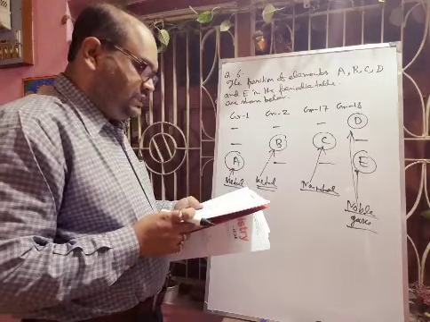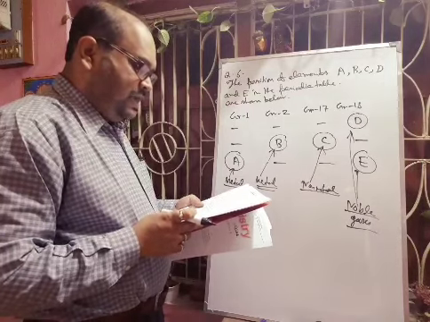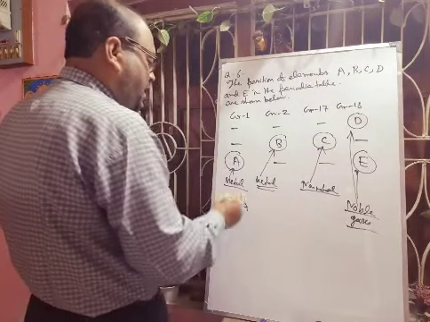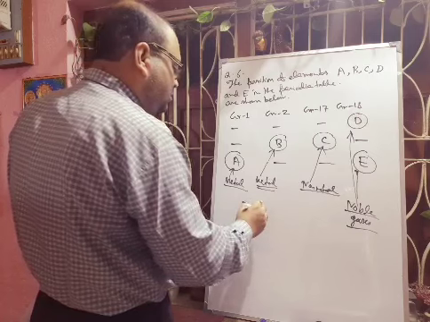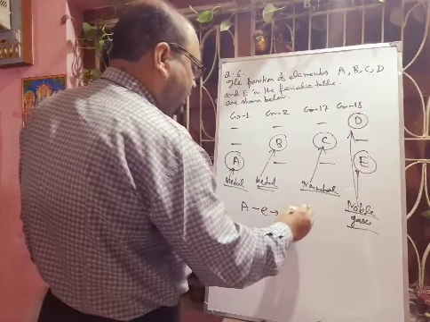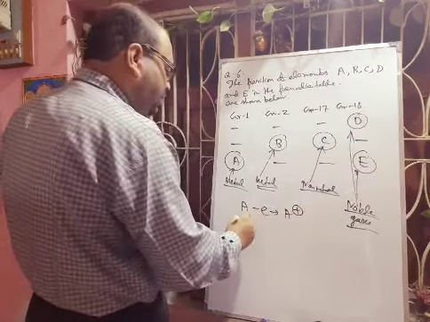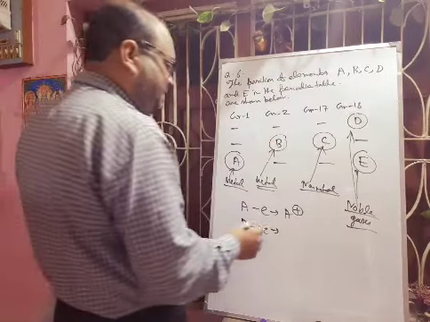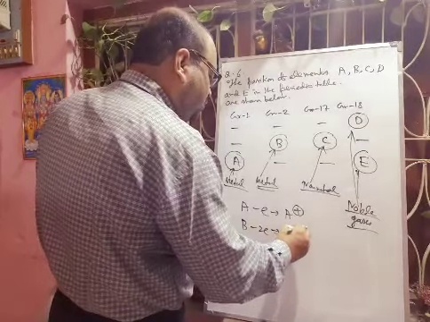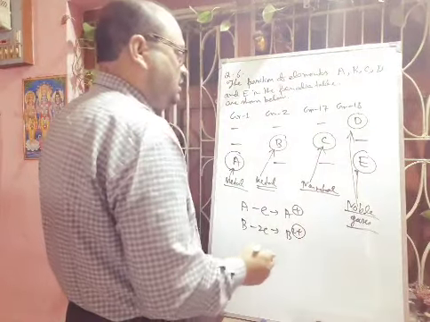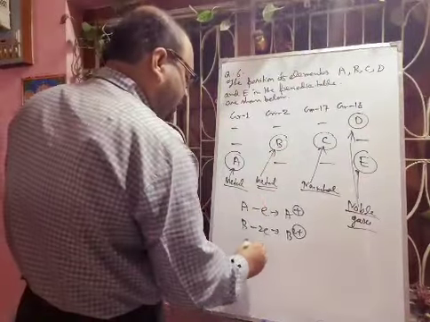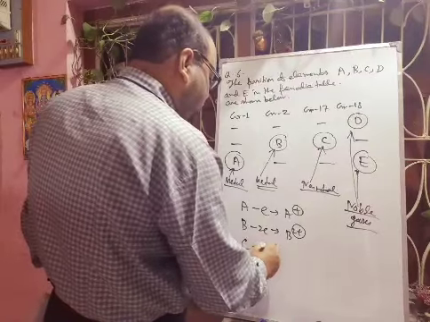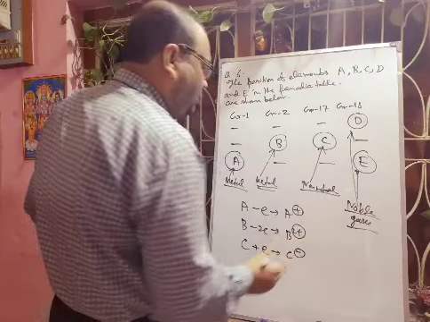Next question is given: which type of ion will be formed by elements A, B and C. So generally A has 1 electron in the outermost shell, so it will lose 1 electron forming a cation, A plus. And B will lose 2 electrons. In the outermost shell 2 electrons are there, that means the valence shell. So it will form B2 plus, which is also a cation. And next C, in its valence shell there are 7 electrons, so it will accept 1 electron and form C minus, so it will form an anion. Understand?